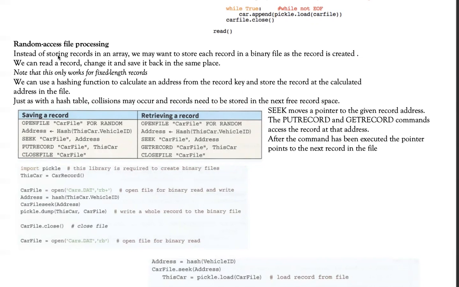The key field is telling me exactly where that particular record should be stored in the data structure. So in a sense, that function is telling me where that data is supposed to be.